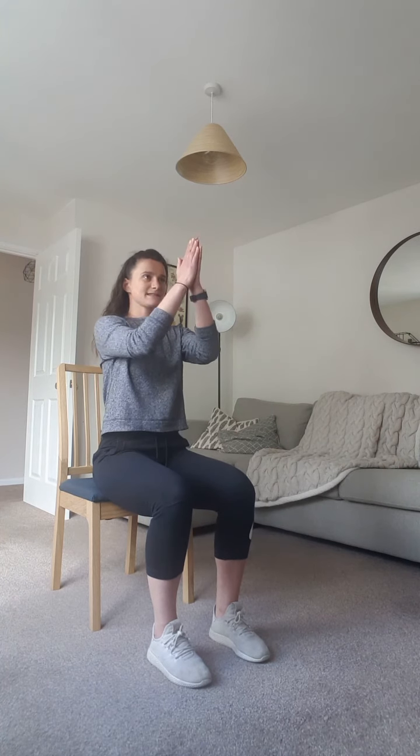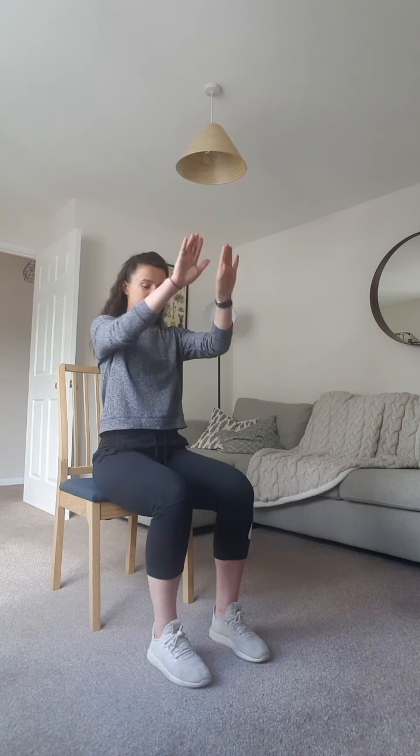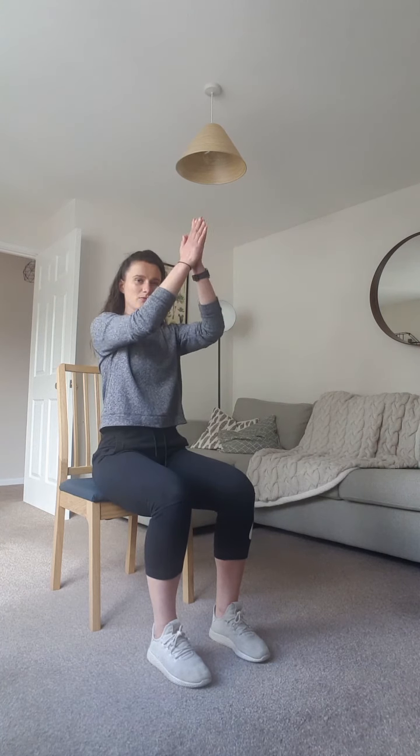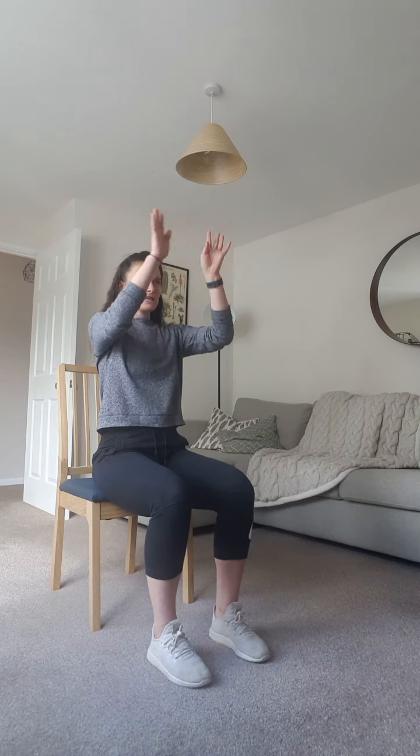Nice and steady, keeping those arms moving. If you can, lift them up a little bit higher, warming up those shoulders as we do, and also we're testing that coordination, making our brains work as well as our bodies. We're going to go back to that leg march in 3, 2,